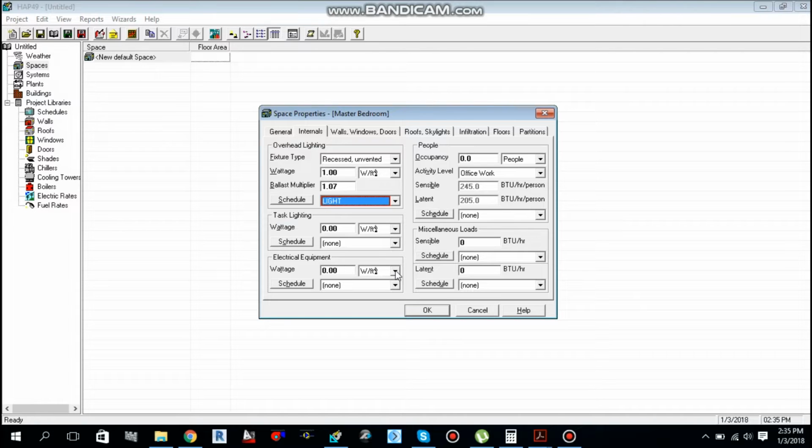Then electrical equipment. If you can get this electrical equipment data from the electrical data, that's better. If not, then you have to use your general rule or predefined rule, that is 8 watt per square feet if you don't know. So let me use, it's a bedroom, it's not too much, so we can use 200 watts. That would be enough for the bedroom. It's okay. So how many people occupied in this room? 2 people. So we can give it over here.